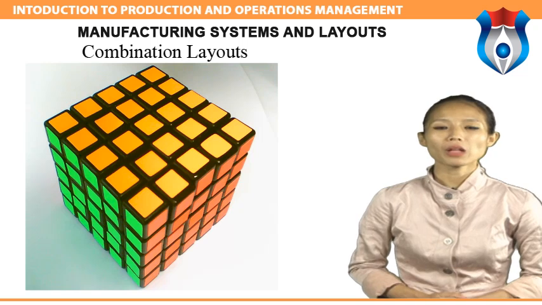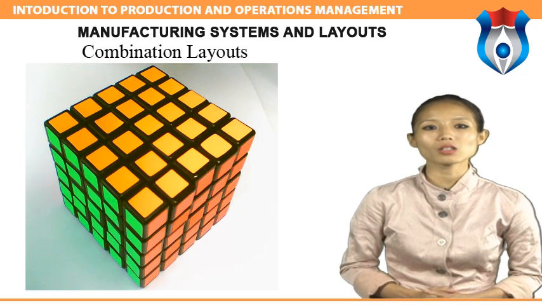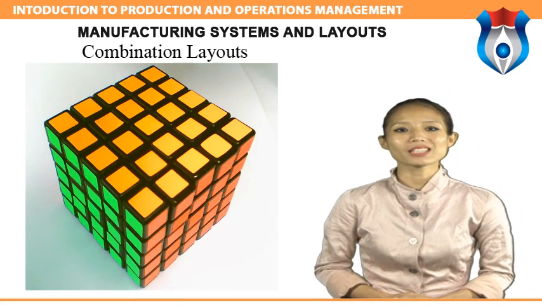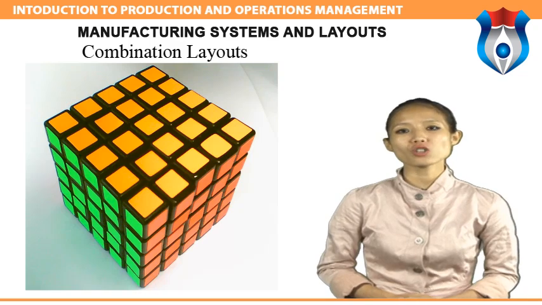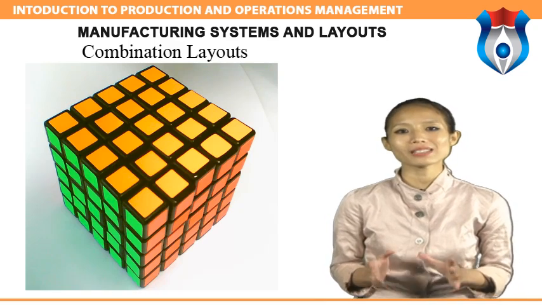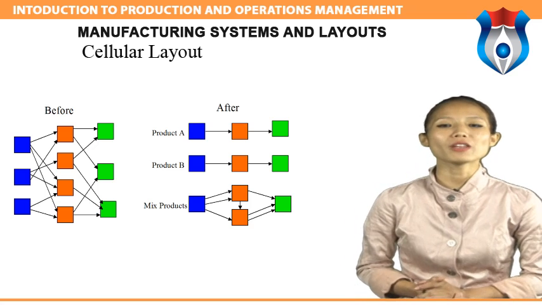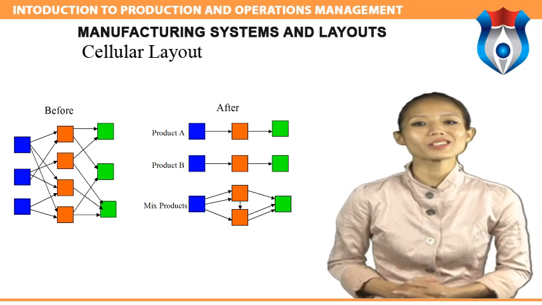Combination layouts. Many situations call for a mixture of the three main layout types. These mixtures are commonly called combination or hybrid layouts. For example, one firm may utilize process layout for the majority of its process along with an assembly line in one area. Cellular layout. Cellular manufacturing is a type of layout where machines are grouped according to the process requirements for